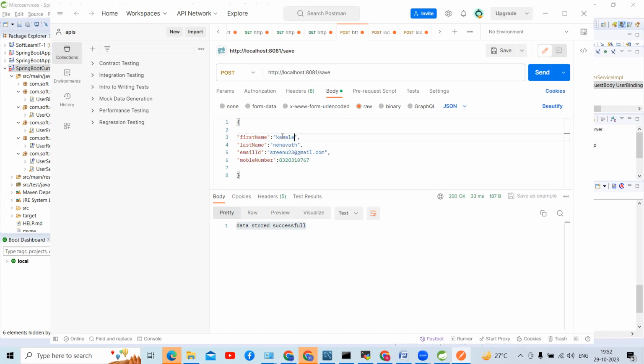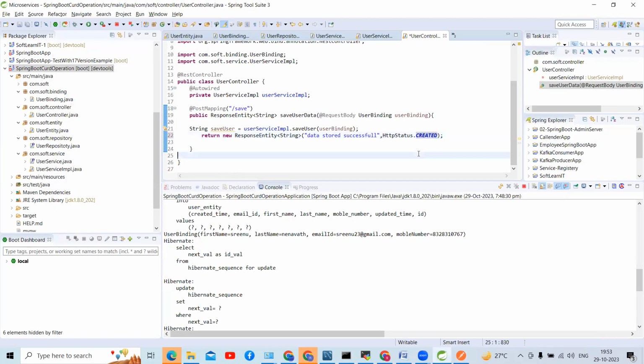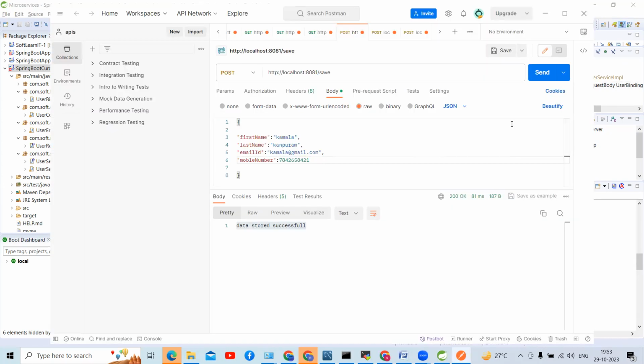Kamala, Kanpur, and if you can give some data, mobile number, no problem. One minute, sir. Guys, actually I'm not able to save here in the application. That is the reason it's not able to get in that request. See guys,